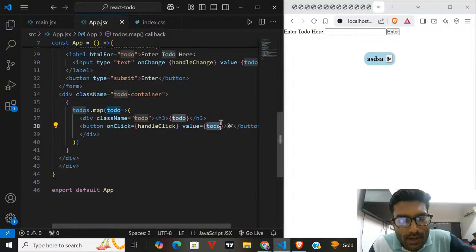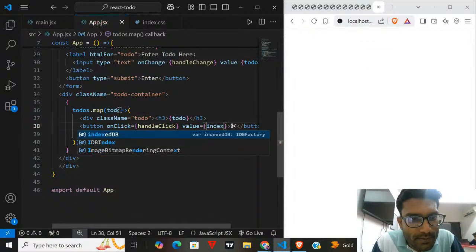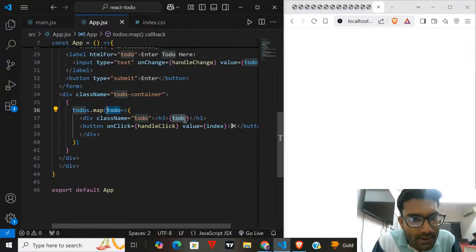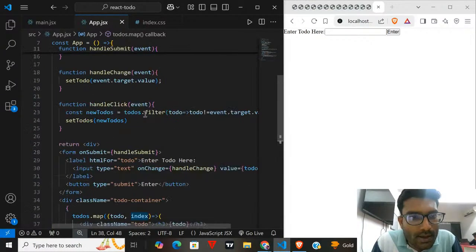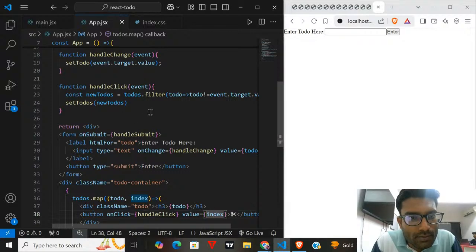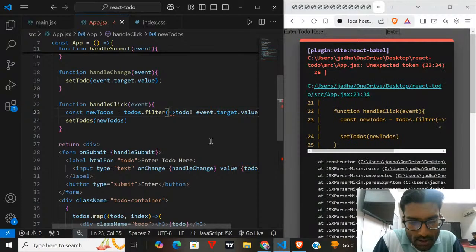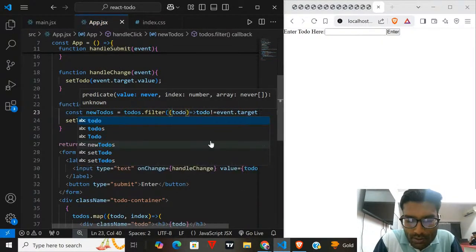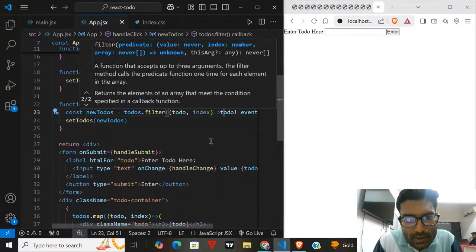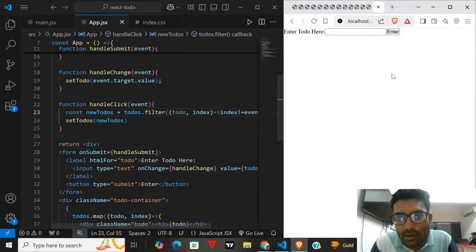So instead of todo I can give index, and we can get this index from this map function: todo, index. So index should not equal event.target.value.